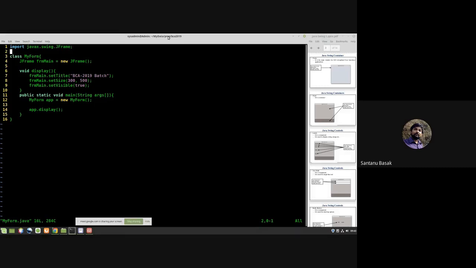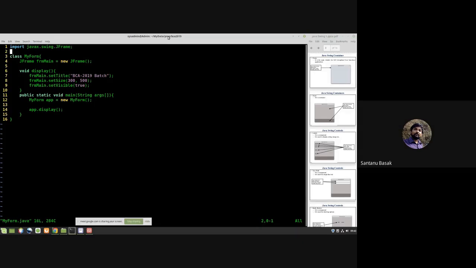Now after creation of the JFrame instance or object, I have performed some operations by calling methods of JFrame from the display method. The display method is our user defined method of class MyForm.